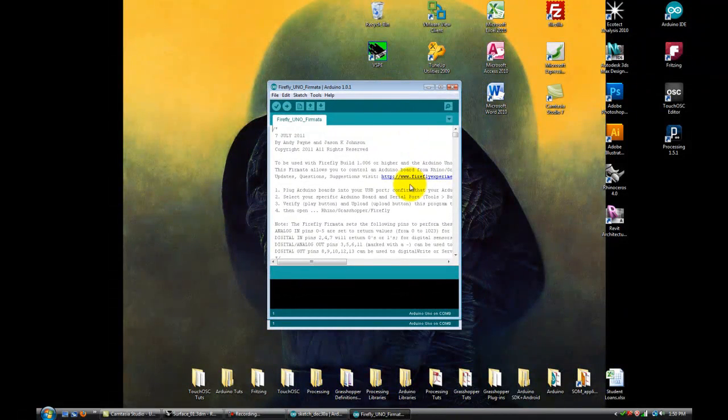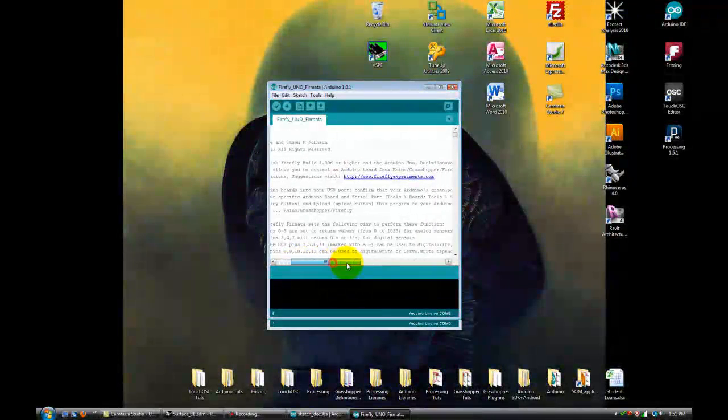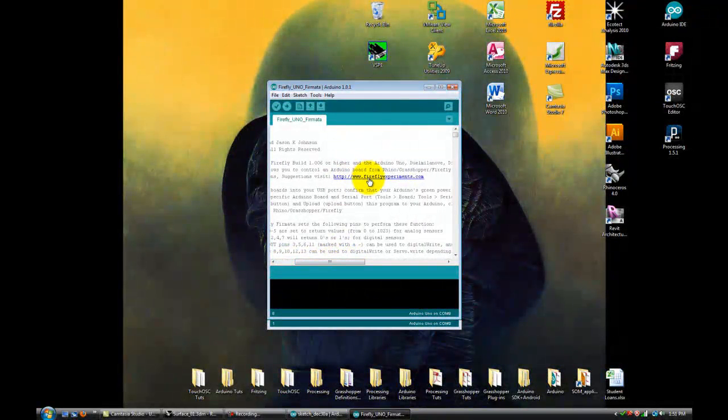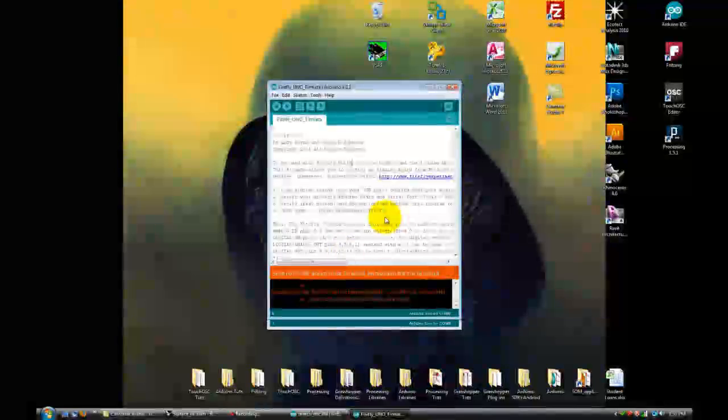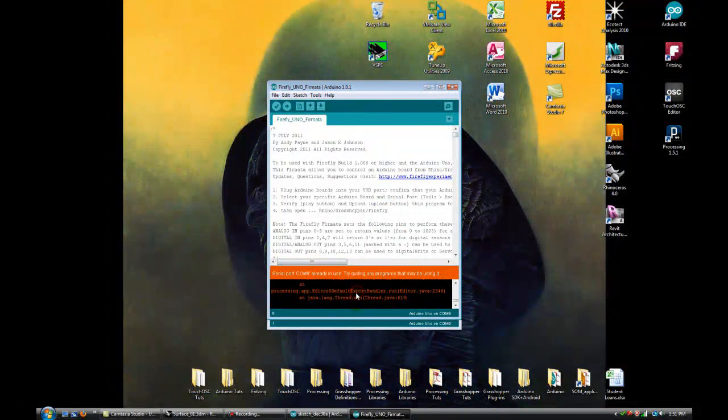You can download that from the website. That's actually right here, www.fireflyexperiments.com. That basically allows Firefly and Grasshopper to communicate with your Arduino. So you want to upload that sketch to your Arduino. It's actually spitting out an error just because